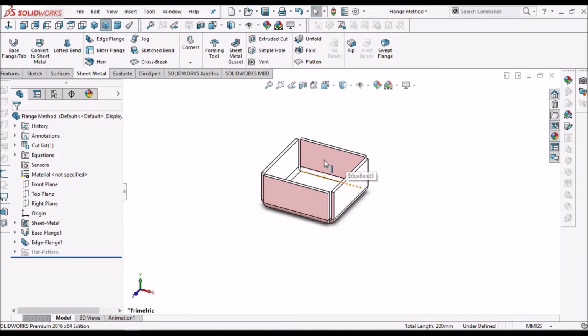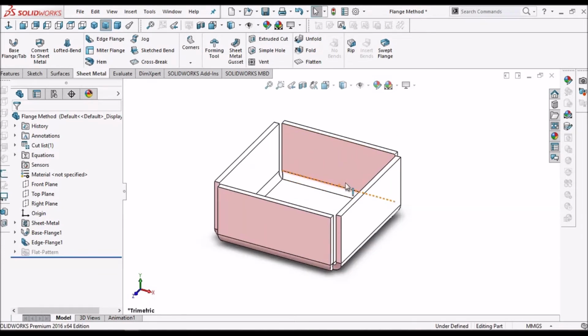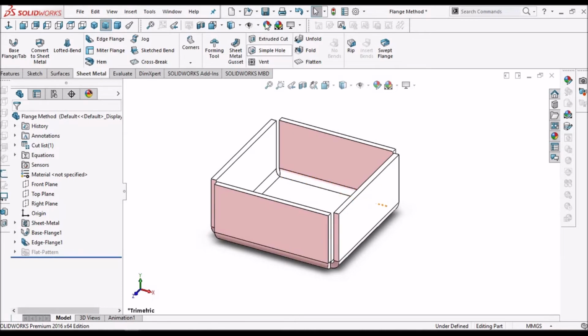So this method is most frequently used for designing in sheet metal. This is the most common method.